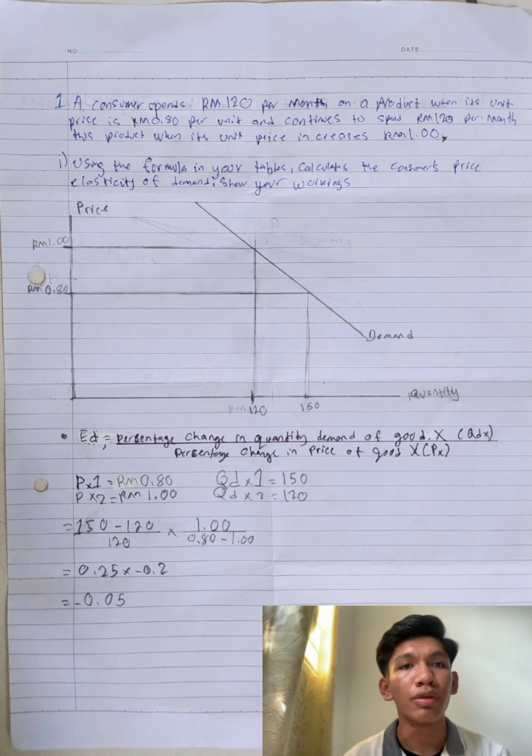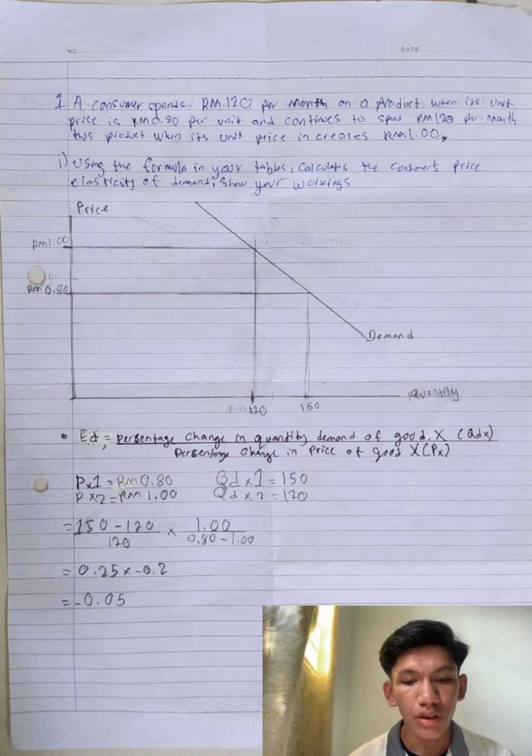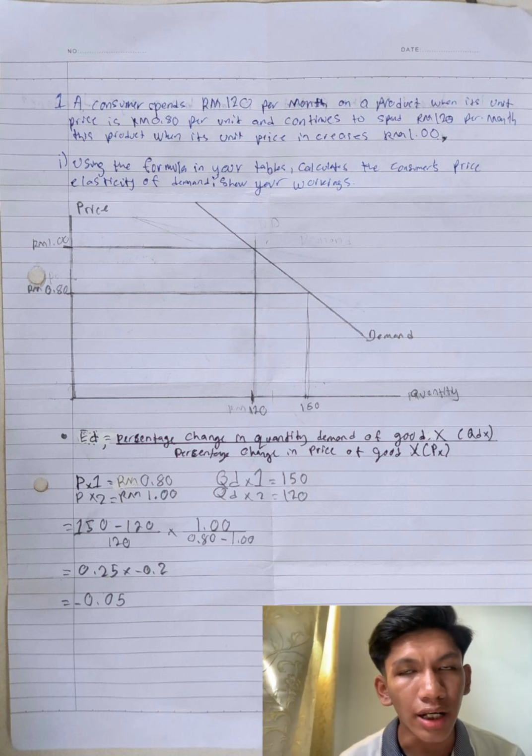Today I will explain about price elasticity of demand for the first question. The first question is a consumer spends 120 per month on a product when its unit price is 80 cent per unit, and continues to spend 120 per month on this product when its unit price increases to 1 ringgit. So what I want to explain is